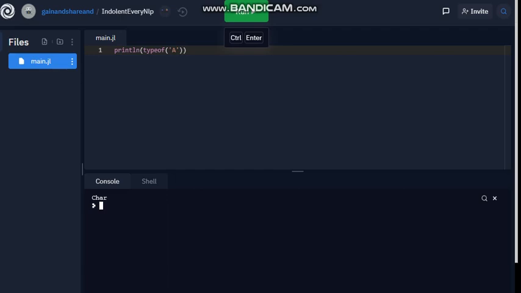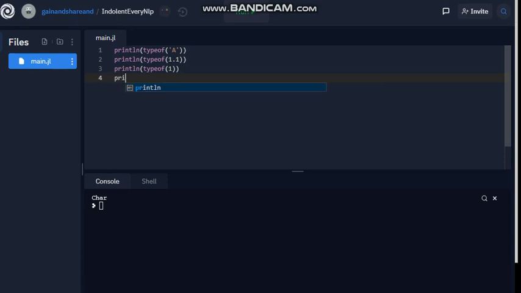Okay, now let's do another thing here. If you run it, you'll get all the values: characters, then the floating point representation, then the int value, and finally the boolean.